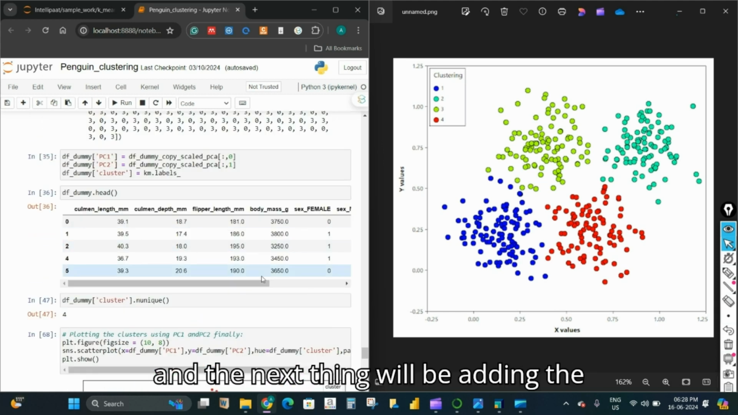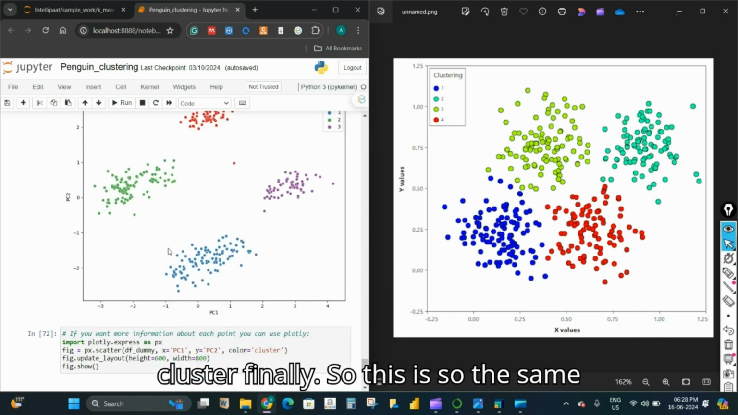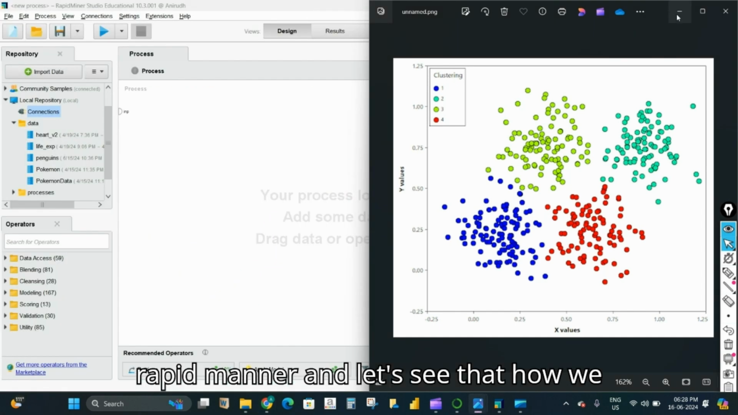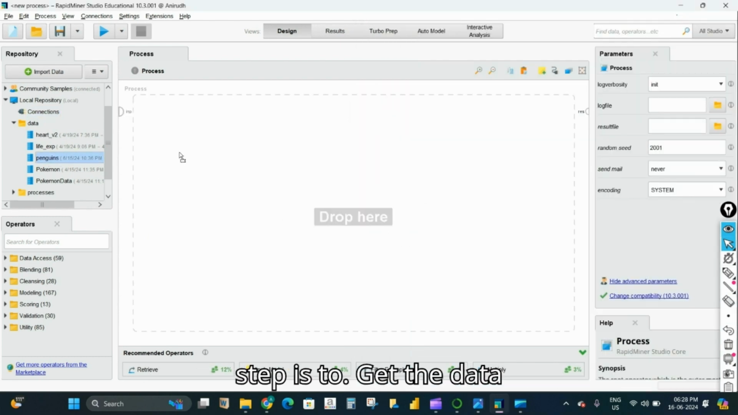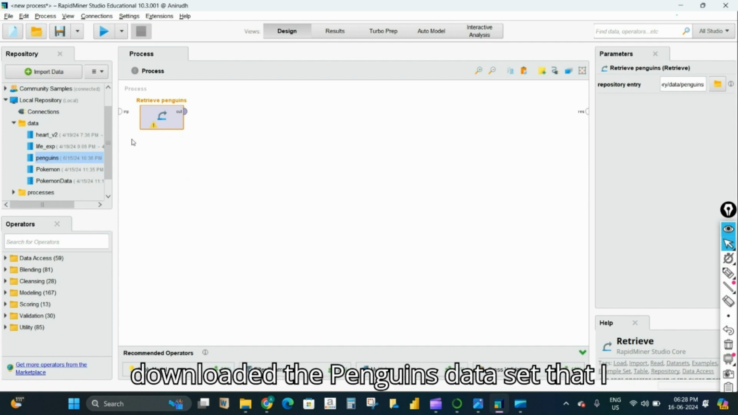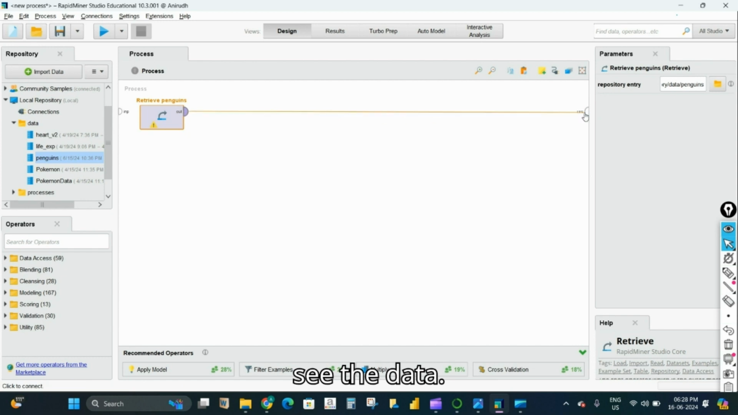Okay, and the next thing will be adding the components, principal components, and the cluster labels, so that you can plot the cluster finally. So the same steps we are going to repeat in RapidMiner, and let's see how we are able to do that. Okay, so the first step is to get the data from the dataset. So I have already downloaded the Penguins dataset that I used in the Jupyter notebook, and so let's see the